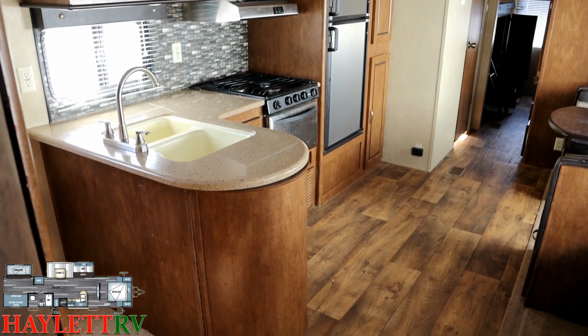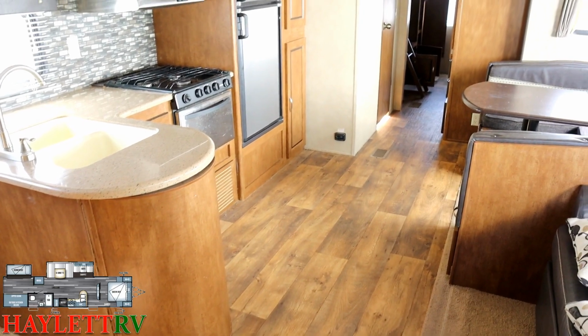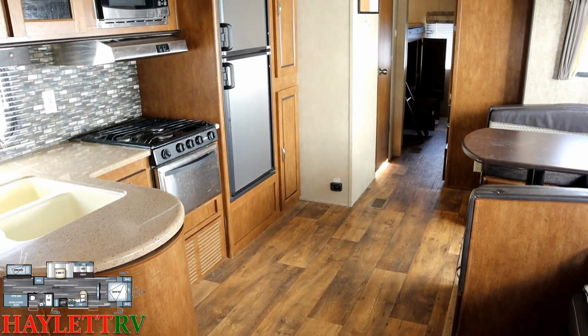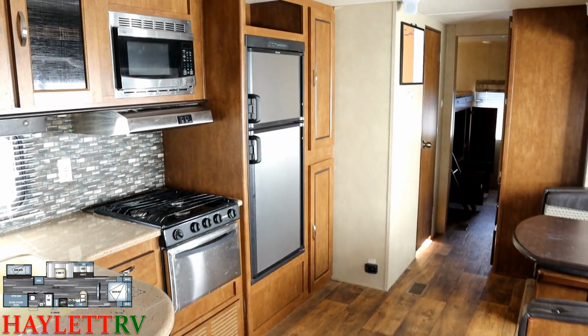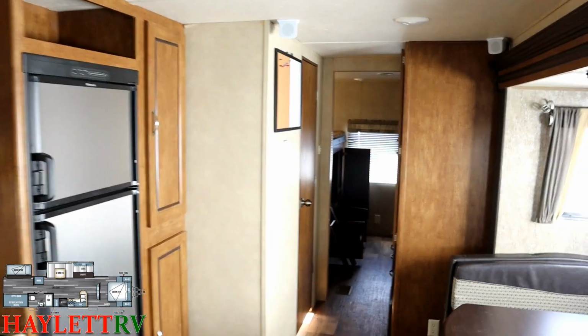We'll take a better look at the kitchen from the other direction. I just want to kind of blast you through this thing real quick. As we're going through here, though, note that floor to ceiling pantry beside the refrigerator. Tons of good, awesome space there. And what's nice is not only is there dedicated storage in the...